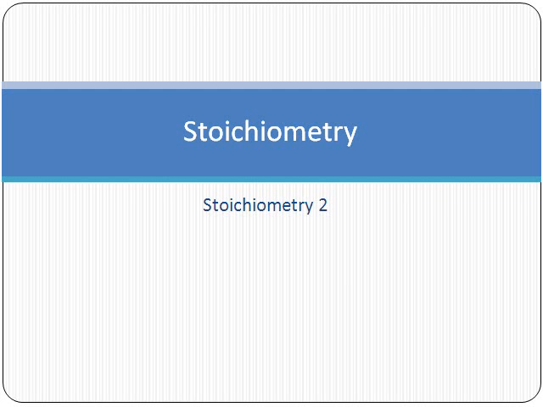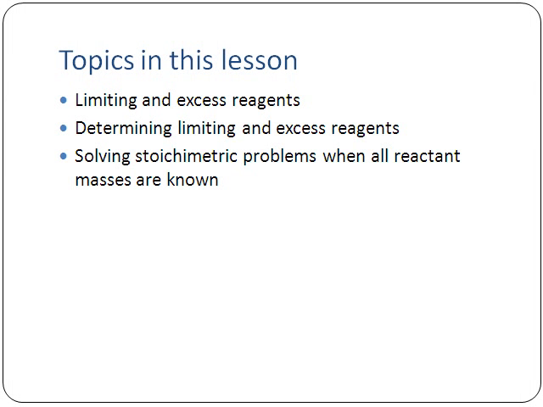This next lesson is Stoichiometry 2. In this lesson, we're going to look at three things. We're going to look at definitions of limiting and excess reagents. We're going to look at how to figure out which reactant is the limiting one and which reactant is the one in excess. And then we're going to take that and solve stoichiometric problems when we're given